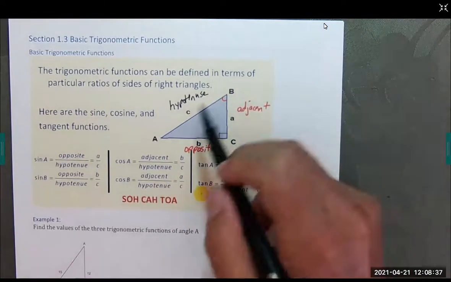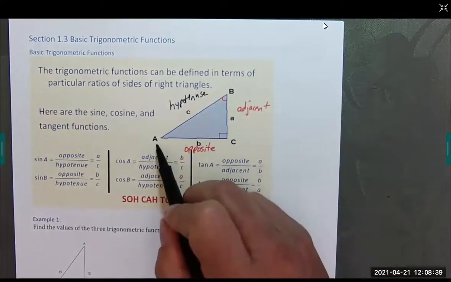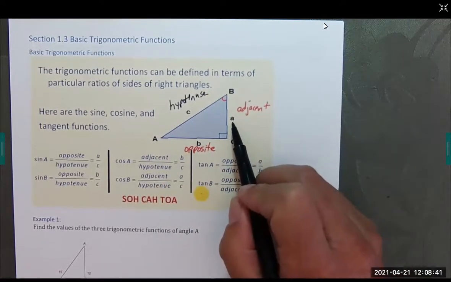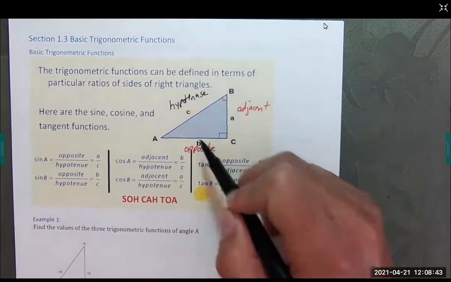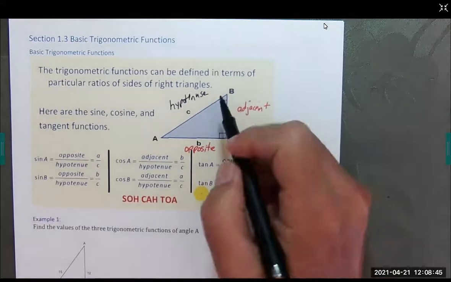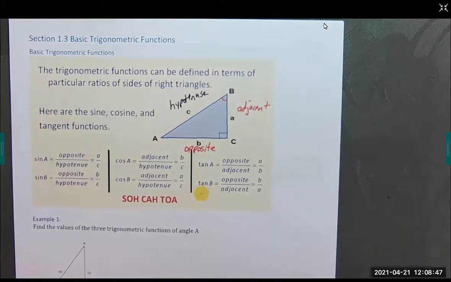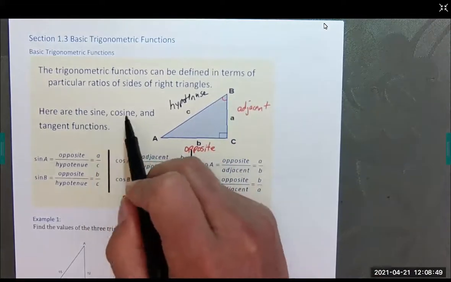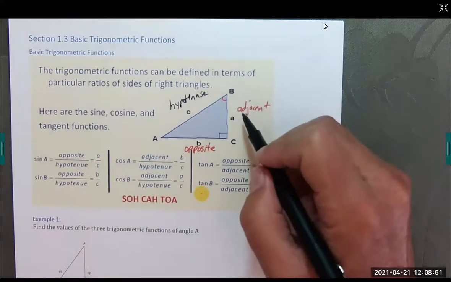Here's a typical right triangle where we have an angle capital A, and the opposite side is a lowercase a, same with the B and the C. Typically, C is the hypotenuse. And each of these three functions that we're going to talk about today are all based on a